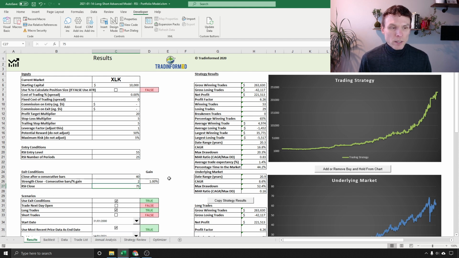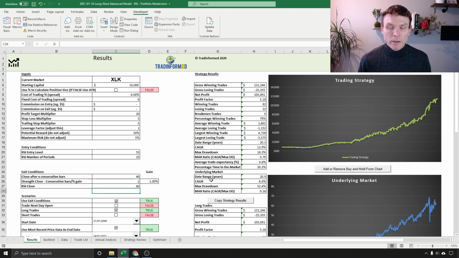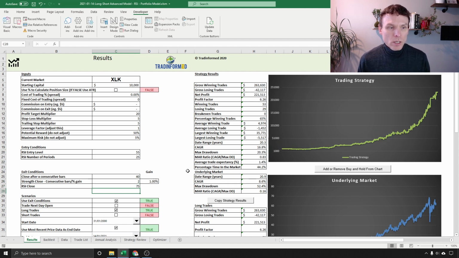So if I adjusted something like the RSI close, I would expect to see a reduction in the percentage time in the market down to 38%, and average trade expectancy, and there again. So this is the sort of thing that I am looking for to try and get a portfolio strategy. You can see just for this simple strategy that we've got here using the RSI, let's have